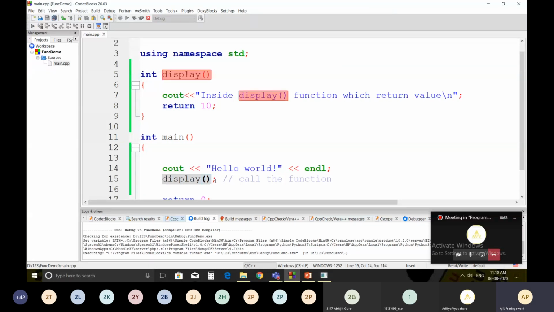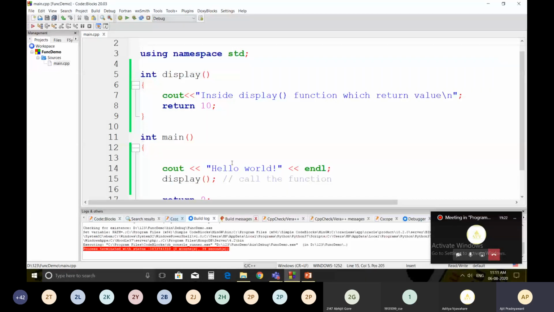But whatever value is written by this display, I have not stored in any variable over here. And this is not the standard way to call this display. A particular function which return a value, that function must be called and that value is stored in a particular variable. So I'm going to show how to store that value in a variable. Suppose I'm going to declare one variable over here, integer I, and I is equal to